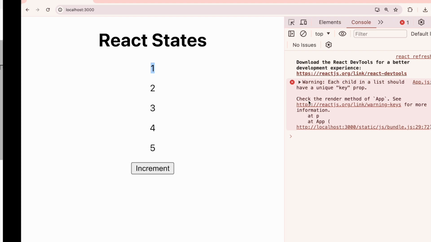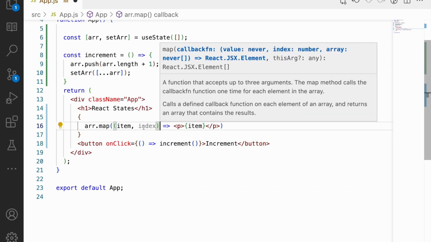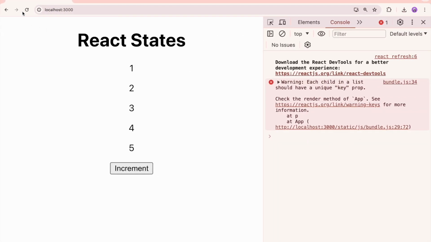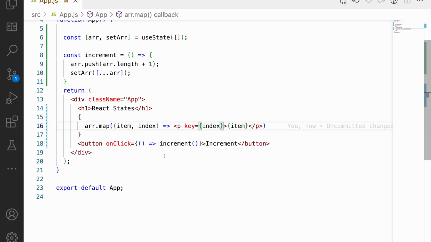Already we discussed this warning, where there should be a key for this. So let me add an index and let me add a key property. As I mentioned, you can use the key property on any HTML element, or even on React components. Let me go here, refresh again, click this, you are able to add the values. This is the same problem which we observed in objects, and now we are seeing it in arrays also. Do all your array operations, create a new reference and pass it to your state to update the values,